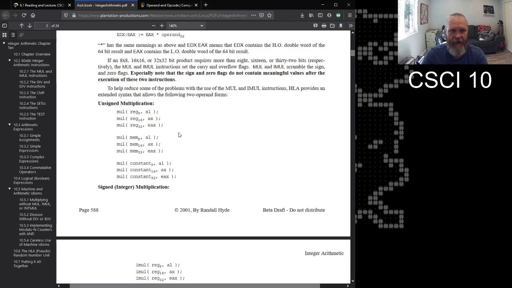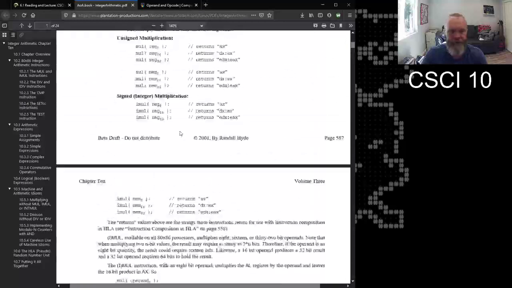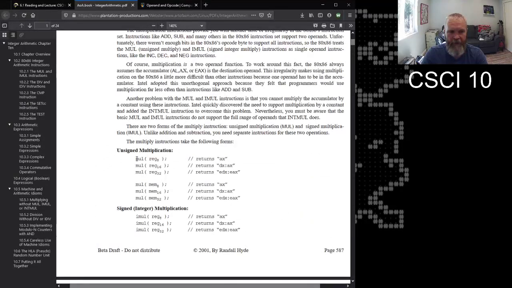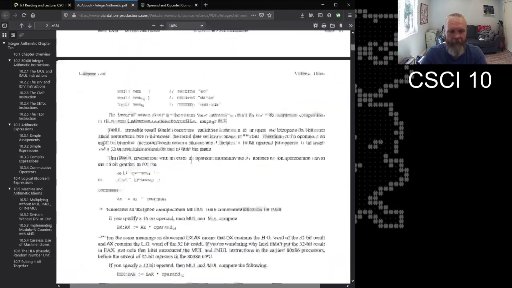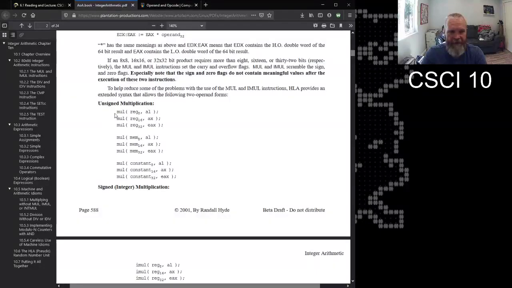So instead of, going to scroll up again, the true x86 instructions, where you have to constantly remember that, oh, this implies AX, or oh, this implies DXAX, and so on, the author has made some more explicit instructions so that when we're writing code, it's more obvious and easier for us to remember what is actually happening.